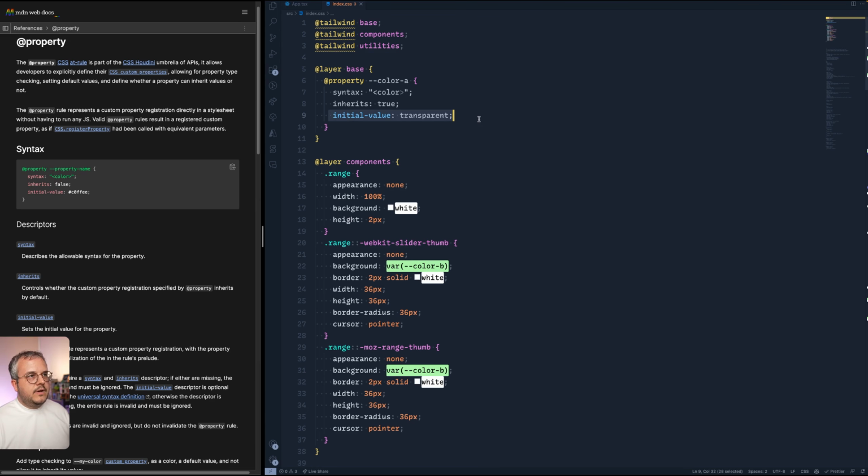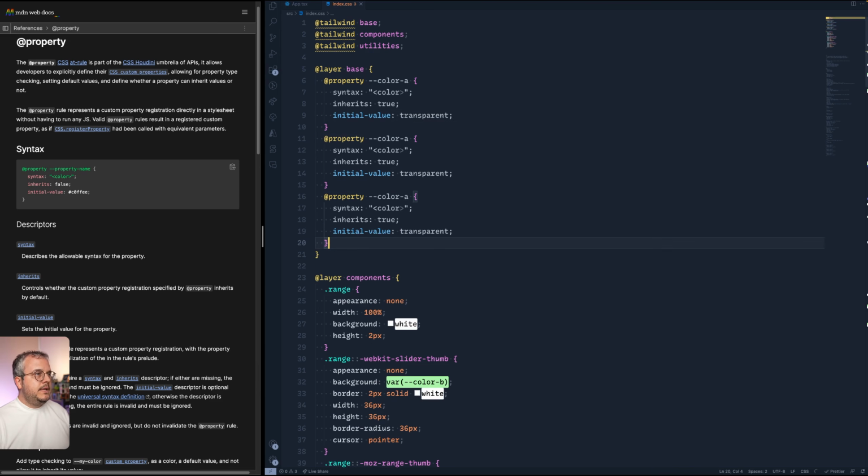So you have to specify a value, even though it's not used in our transition, because we are setting the variable itself. But the spec says if you don't set this initial value, in most of the cases, it will be skipped and won't be used. So let's add the property for B and C as well. And right now, we've written some types for our CSS custom properties. And we are telling the browser that all of these three variables are of type or syntax color. And this is then something that it can use to animate.